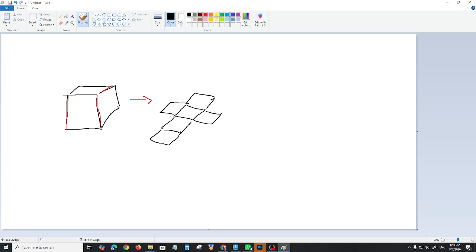If you want to flatten the box, it will look something like this. So this is the UV that we want to create. We don't really want to physically flatten this object, just the UV projection of it to look like this,